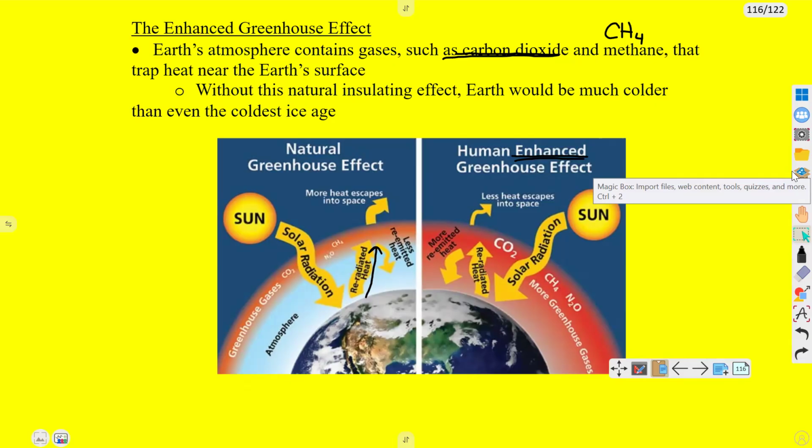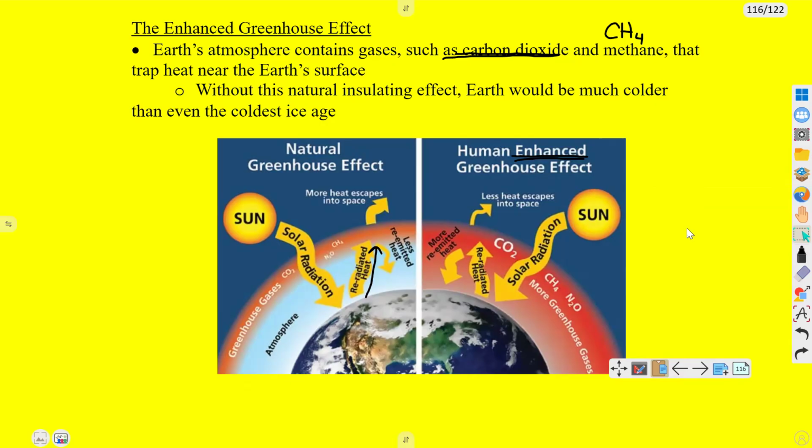But it's due to this natural insulation. Now, the Earth's atmosphere has gases that work in a similar way, carbon dioxide and methane being two of the main ones that we focus on. Their job is to trap heat near the Earth's surface. This is good because it allows our planet to have a temperature that we can survive in. What we want to avoid is getting a really cold period, colder than our coldest ice ages, basically